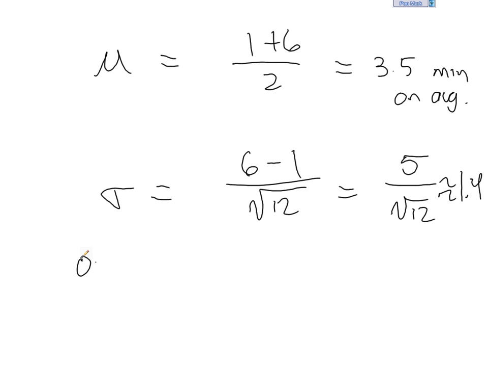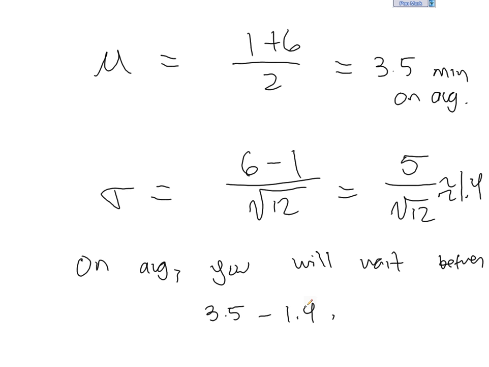So we could say, on average, you will wait between 3.5 minus 1.4 minutes and 3.5 plus 1.4 minutes. So pretty much the same interpretation as what we've dealt with in the past, except it relates to a different type of distribution. We won't use Chebyshev's